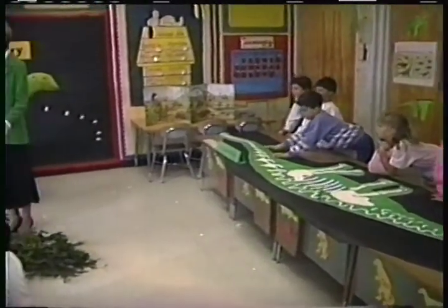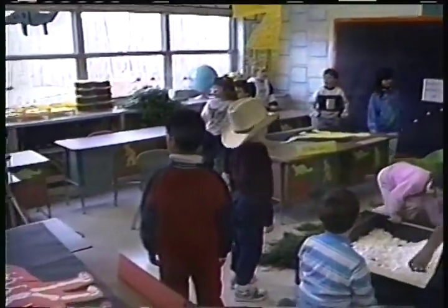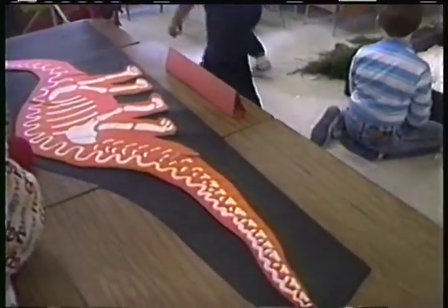Maybe next spring we'll find this piece that's left for the dinosaur over there. But I bet they can tell what kind of dinosaur it is, even without the piece that's missing. Okay, everybody go to your...